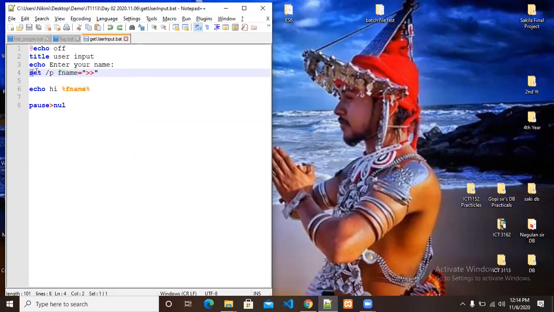That's why we are using set. It is setting that. It means like the compiler says, whatever the user will enter in future, be ready to get it. It says set, ready to get it, something like that. In general, I'm saying.